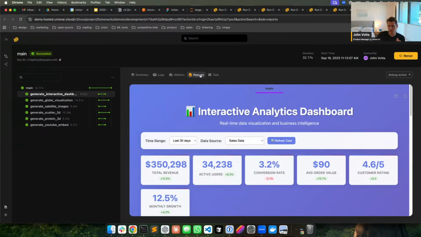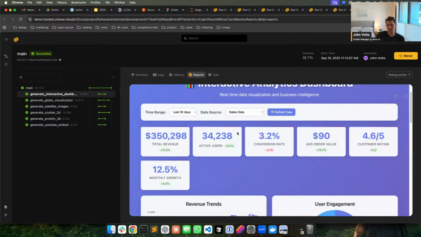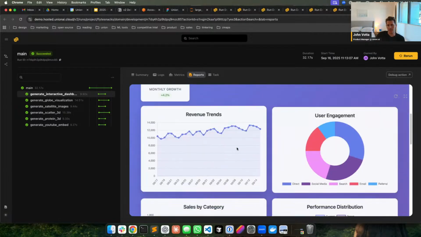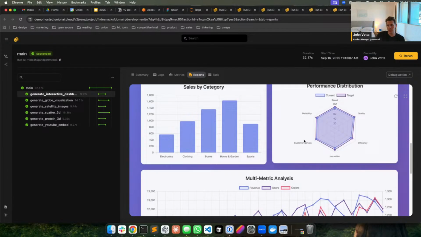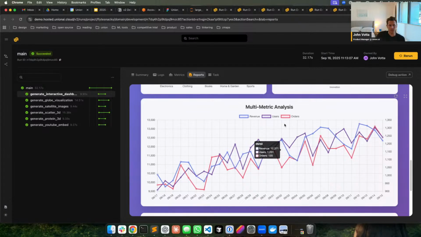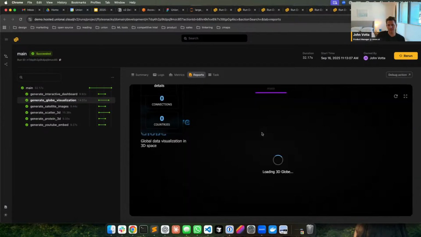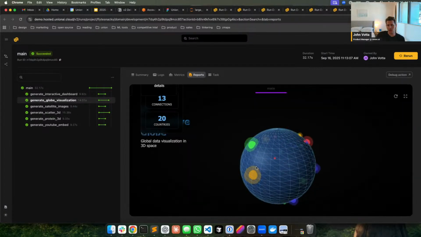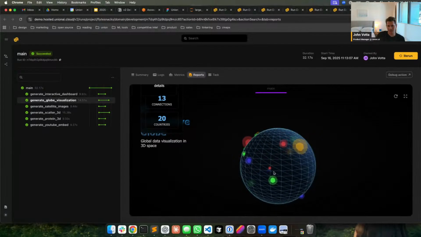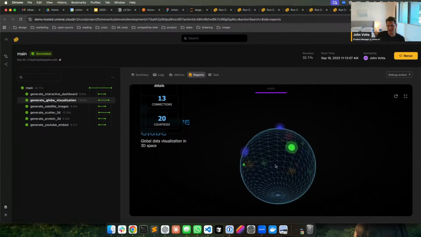We wanted to make reports like this really obvious to users that it's a tool in their toolbox. And so here's just kind of an example of what's possible. So you can create these interactive dashboards. Claude was very helpful in generating a lot of this HTML, I must admit, but creating some of these really